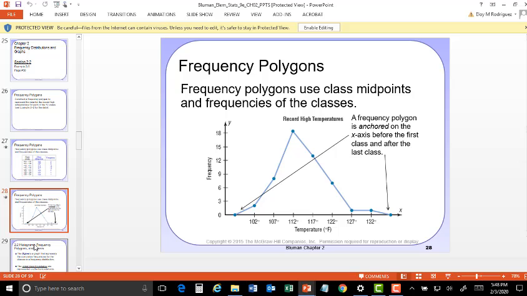So this particular frequency polygon, what they did is they put these points on the edge and made this. It's a frequency polygon. I don't use it much, but I guess anybody can use it. I prefer the other one, but it's okay. So here are the temperatures. Here are the frequencies. You see at the points 102, 107,